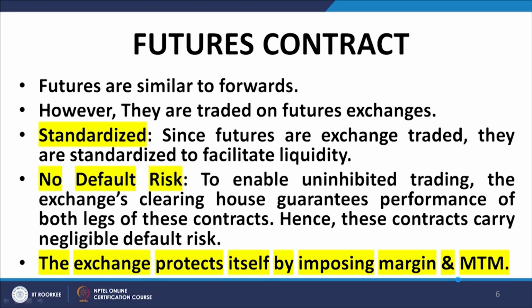So, being a private contract, while on the one hand you get exposed to the default risk on account of the other party, on the other hand you also get the opportunity to assess the creditworthiness of the other party, because you know the other party. There are only two parties, you know the other party, the other party knows you. So, both of you can sit, do your homework and assess the creditworthiness of the other party, and on that basis develop a strategy to provide you adequate protection against the possibility of default by the other party. And this is very important. Why? We will come back to it.